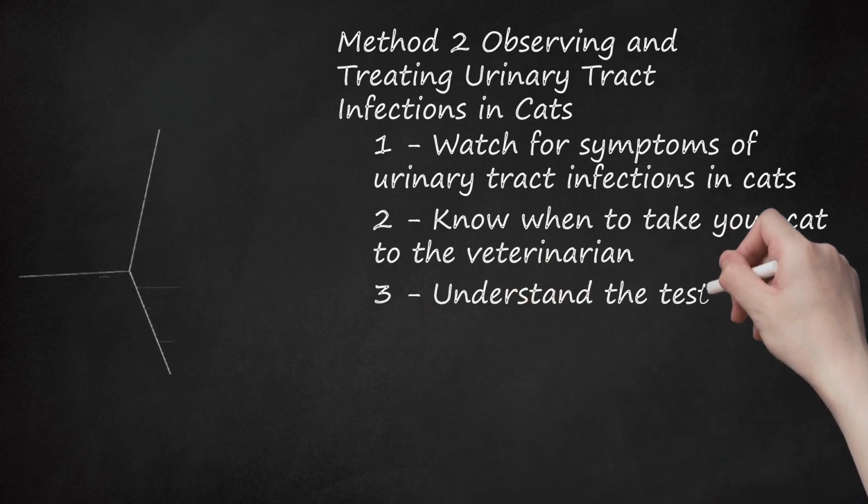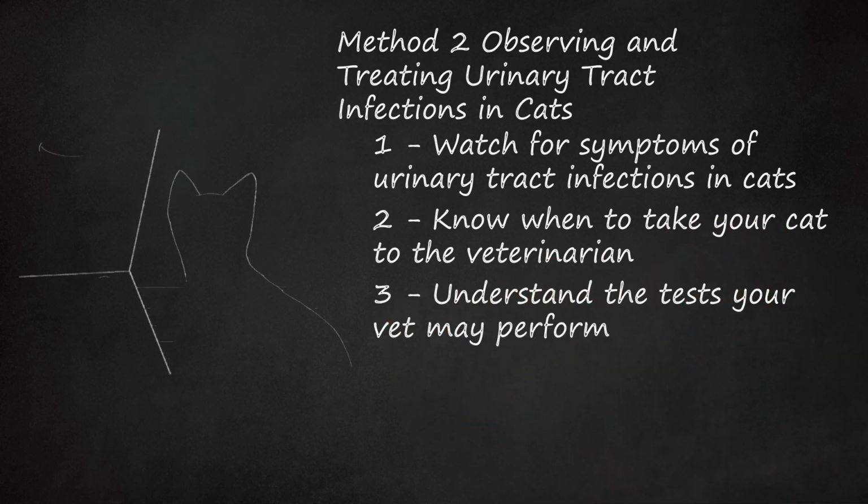3. Understand the tests your vet may perform. When you take your cat to the veterinarian to diagnose the urinary problem, she will do tests to determine the exact problem and how to treat it. These tests may include a urinalysis to determine pH concentration and the presence of bacteria or crystals, a urine culture to determine if there is an infection, what kind of bacteria are present, and which antibiotics will kill those bacteria,